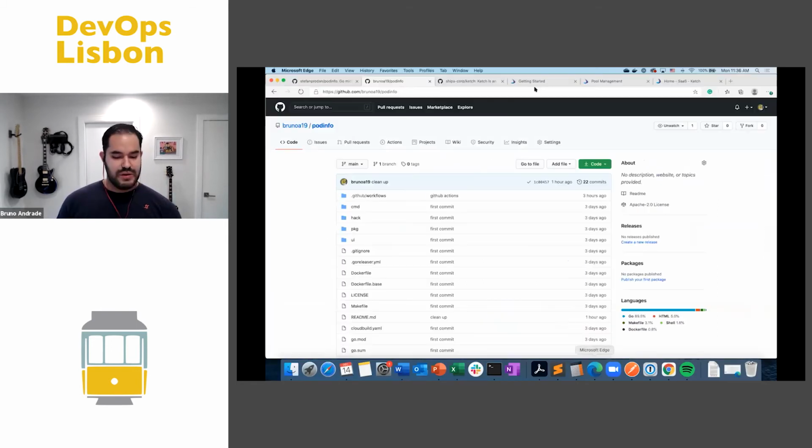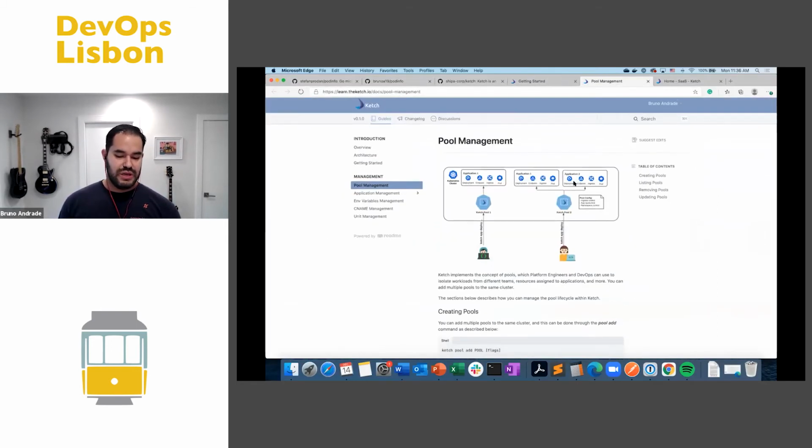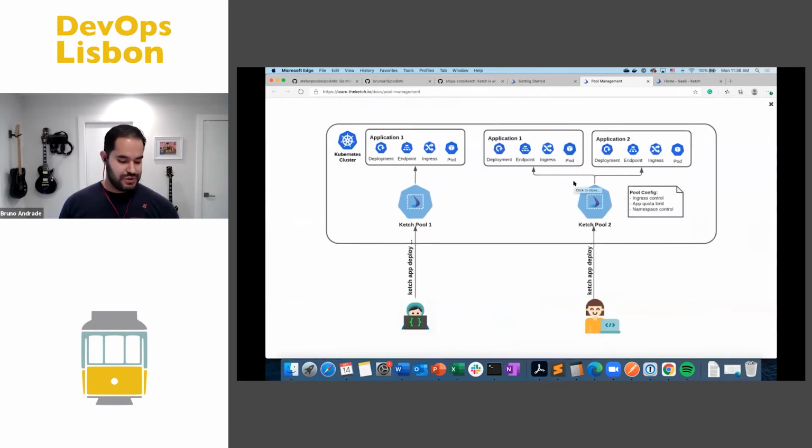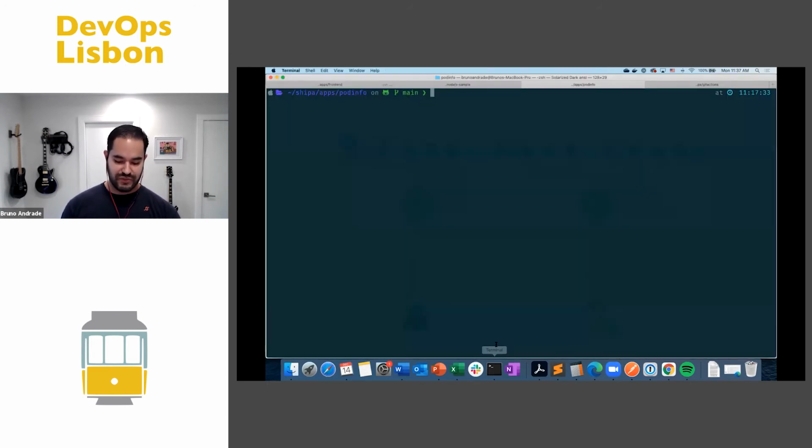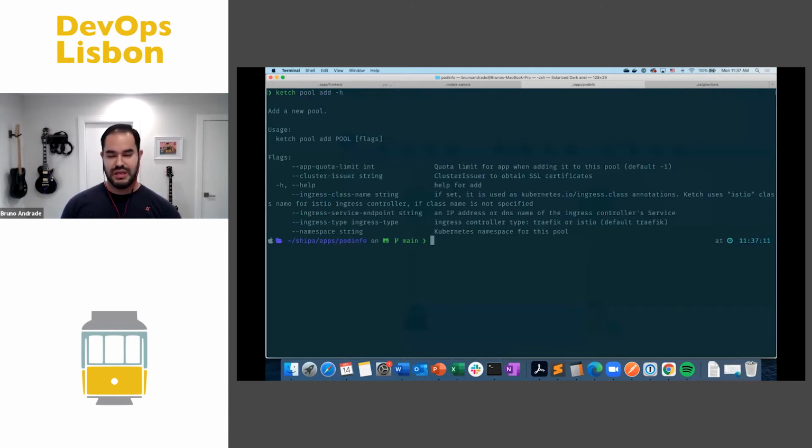What we did from a Ketch perspective is we brought the concept that we have on Shipa called pools. Pools is basically the same thing as your namespaces on Kubernetes. But when you're creating your pools, you have some more control around it. You can define ingress, you can define app quota, namespace, and some controls that are very easy for both the developer and the DevOps to create. So you can see everything directly from here. It gives you some controls around it, and you don't need to learn all the objects within Kubernetes itself.